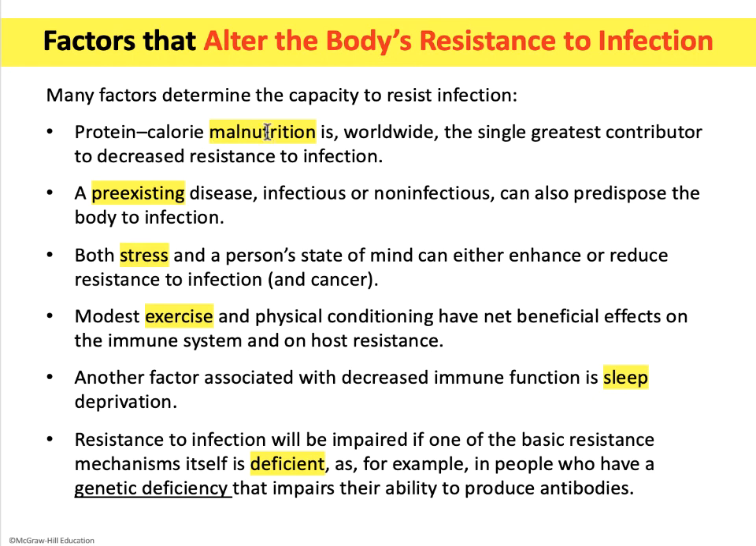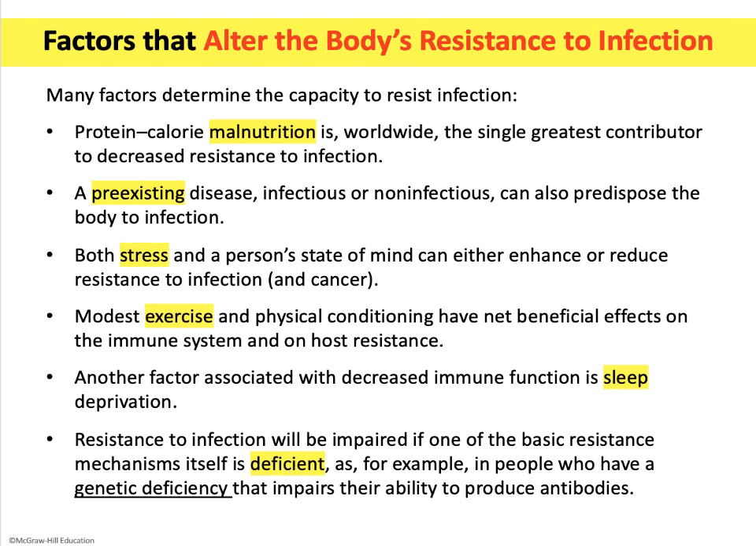So the first is malnutrition. And we know that a large number of people around the world are malnourished, which decreases their resistance to local pathogens. The others should make some sense. So pre-existing disease, stress, lack of exercise, not enough sleep, and other types of deficiencies can all lead to increased